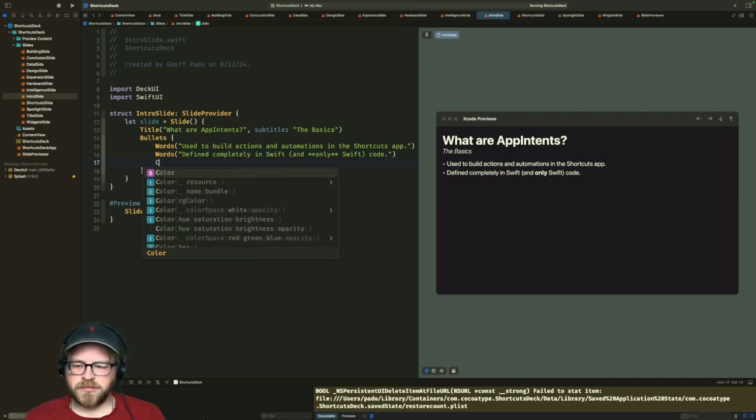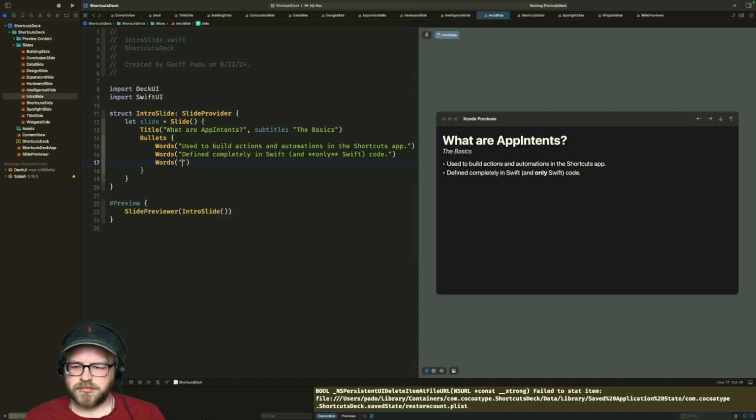They consume parameters: strings, files, numbers, etc. And then they perform actions.